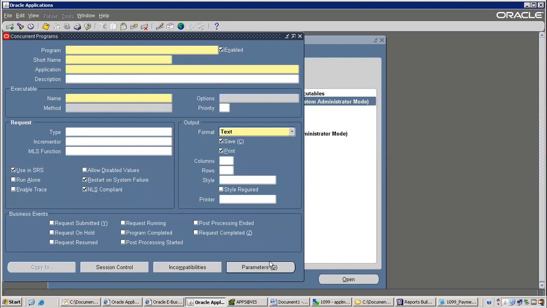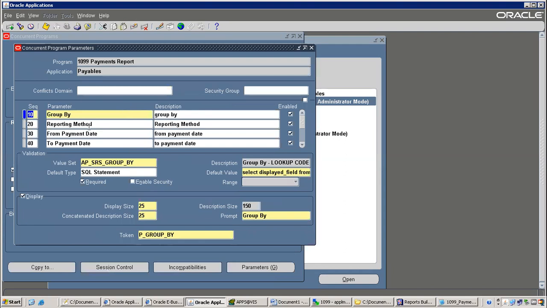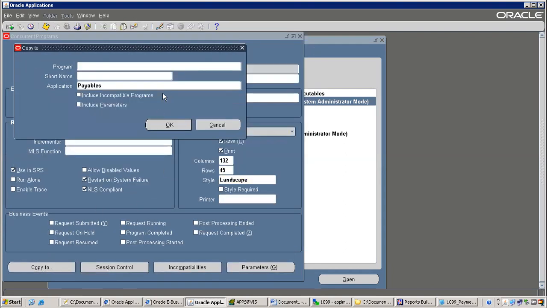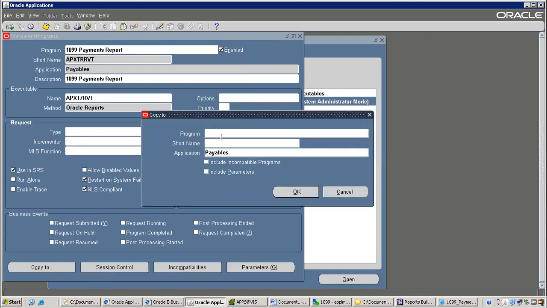See, we don't know what parameters are there, right? That's why what we will do, we'll copy from an existing report. That is a better thing. There are many parameters, many value sets. If we give all these manually, it's a waste of time for us, and we may miss some also. So I'm just giving here